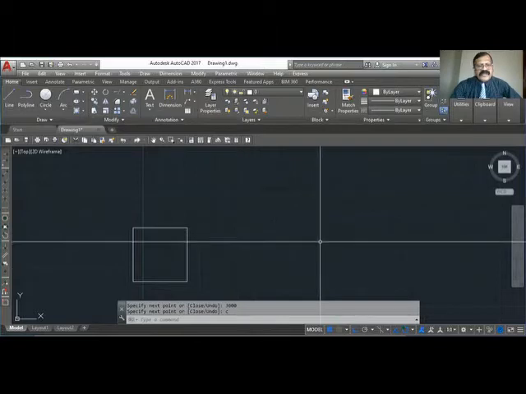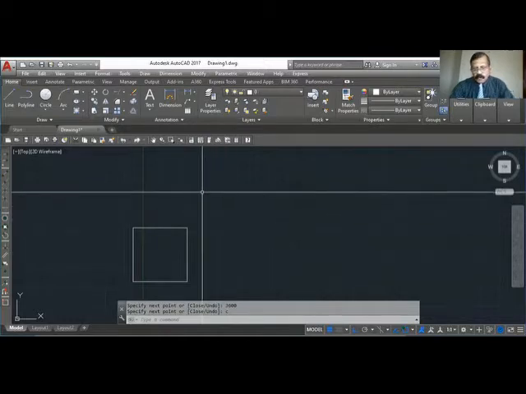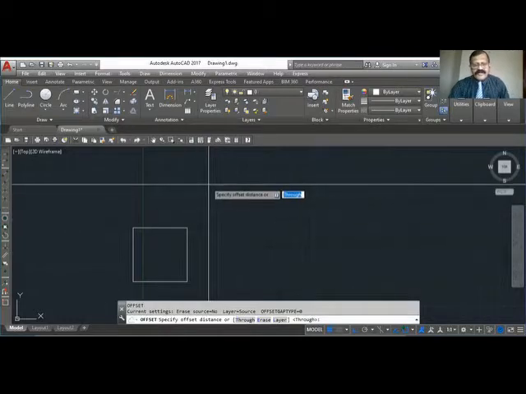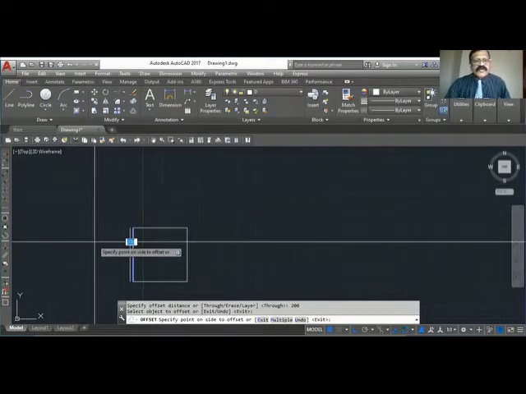Now I will use the offset command. My wall width is 200 mm. O for offset. Offset distance is 200. I will select and offset outside because I gave the inner measurement.